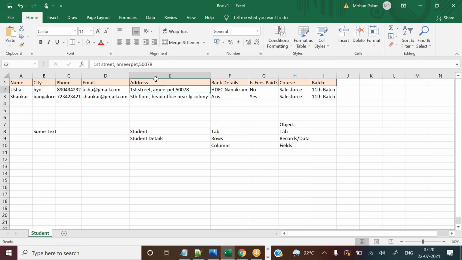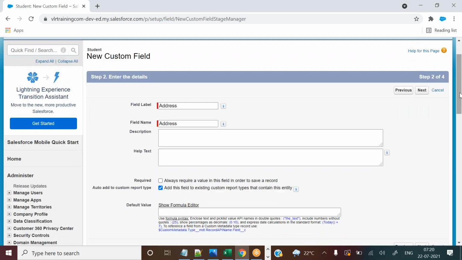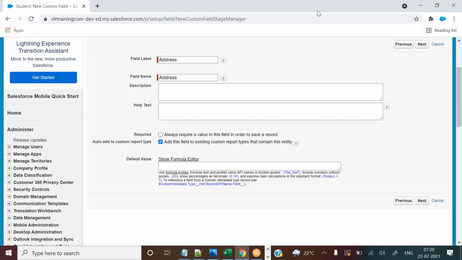So what is the field you need to create based on the business requirement? You are the employees, right? So who is doing these things? You only are doing these things, remember. Whether you are an admin or a developer, few people will think, sir, I am a developer, do I need to work on admin also? Yes, definitely. If you are a developer, you need to know about admin also. That is a must, guys. Developer means in India they can do both admin and development. If you don't know admin, you cannot work on development, remember that.